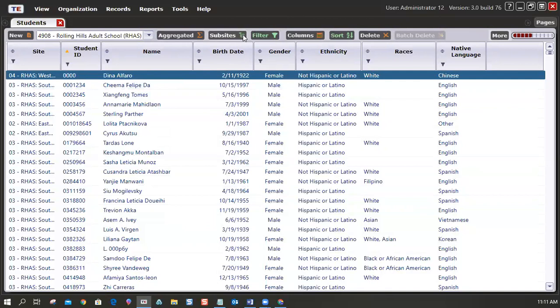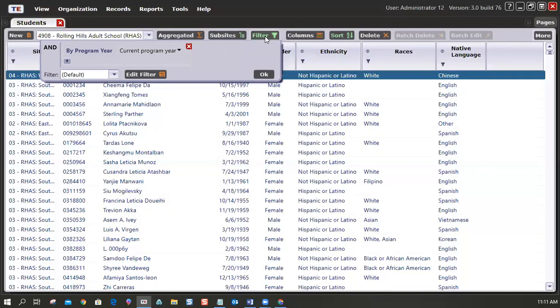Well, the colorings mean that there is an active filter or an active sorting or an active something among these areas here when it's green. When it's red, it's probably not required to have any of these displayed. But if we click on the filter button, you can see that there's a default filter right here, which is